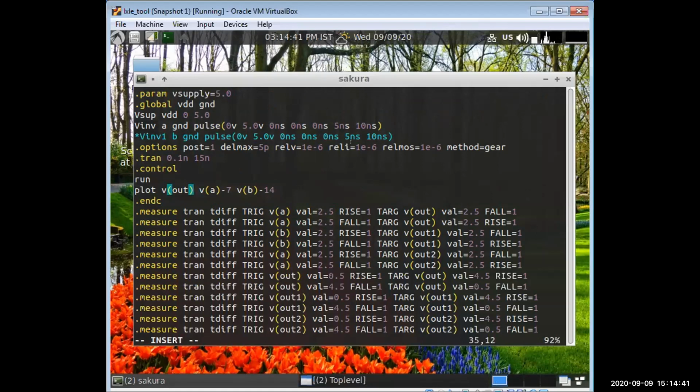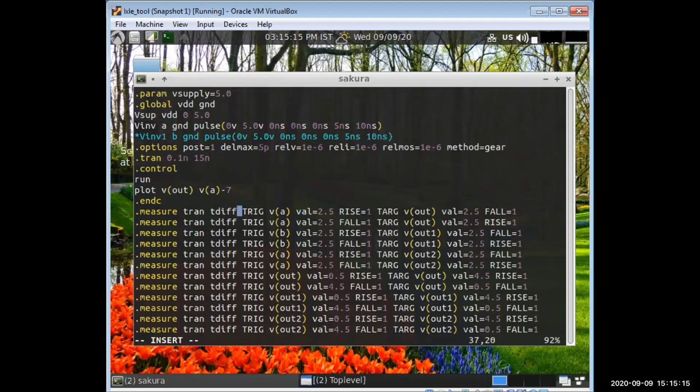Okay, so this is dot control, then run plot. I have to plot the V out and the VA. So VA is the voltage which I am going to sweep. I am giving that voltage at all the inputs, which are connected to one voltage. So I will be plotting V out and VA. VA is the input and V out is the output. So I am just doing -7, giving one offset, and I can see both the plots in one